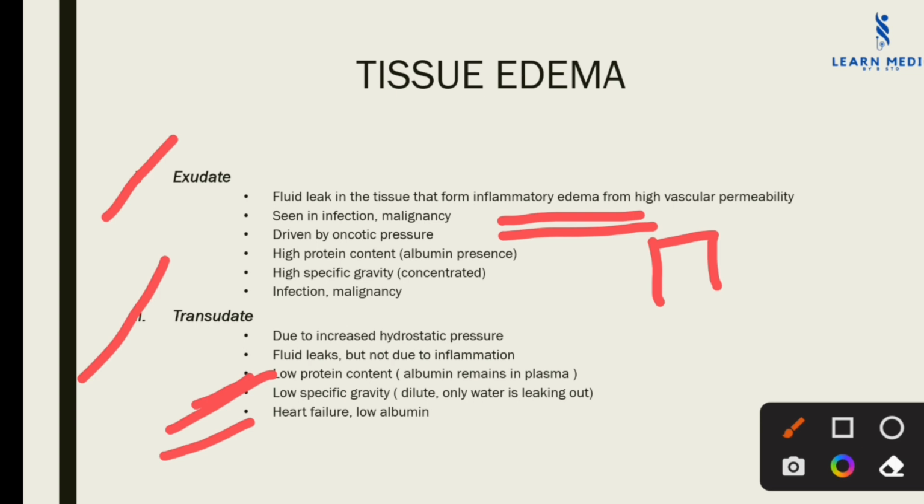But in the case of exudate, there is high protein content due to albumin presence and high specific gravity, because it is concentrated, and it is seen in infection and malignancy. So that's all about the basic concepts of inflammation. In the next two videos, we will discuss the core areas of how systemic inflammation happens. In this lecture, I have covered the basic concepts happening at the tissue level, where the inflammation occurs and what happens to that area of tissue. In the next two videos, we are going to deal with systemic inflammation happening to the whole body,